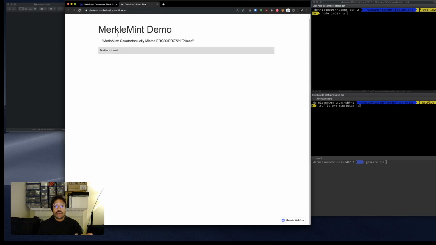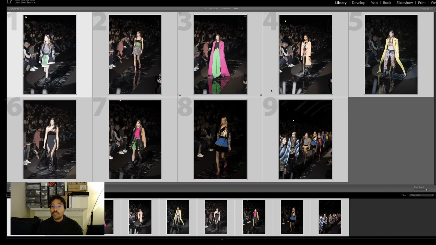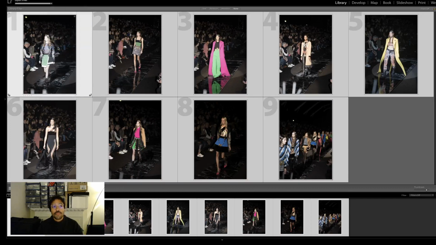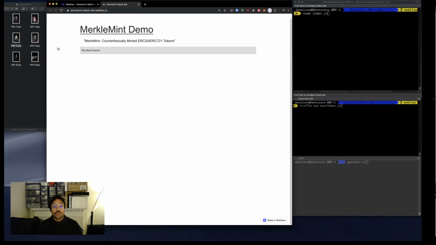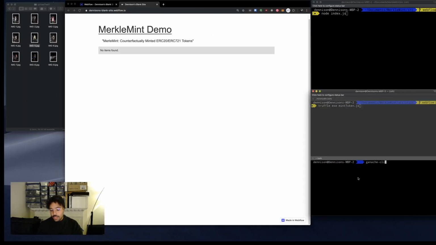This is sort of what it looks like. I'm going to show you the workflow that I've been thinking about. We're going to start by going over to Lightroom Classic. I used to be a photographer, and these are some old images from a fashion show. I'm going to export them, and they are going to pop up in this folder over here. I'm going to run Ganache,